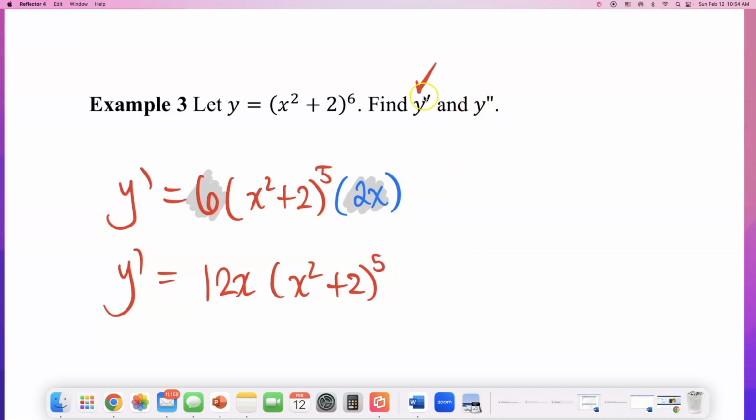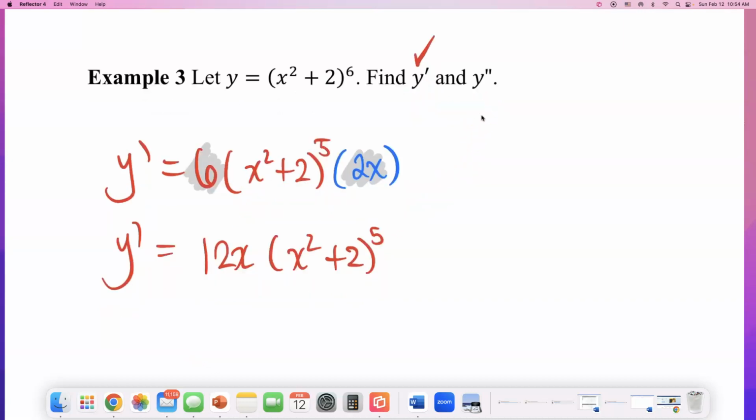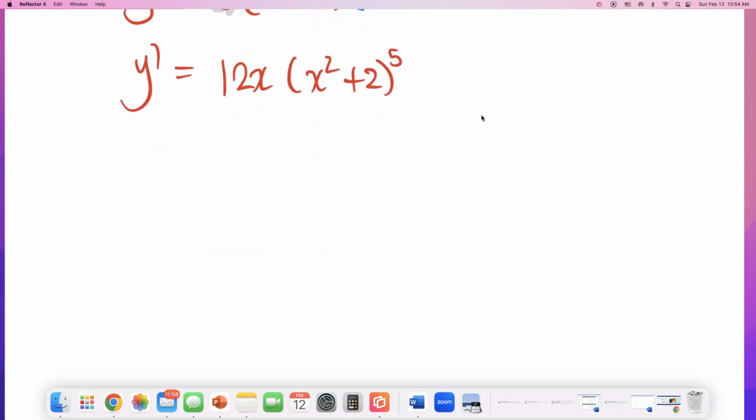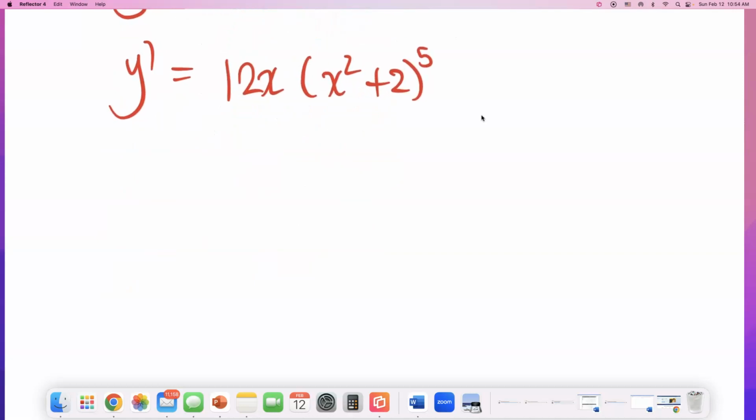Now I'm going to have to take the derivative of this to find the second derivative. And what I'm seeing is that this is a product. Okay, this is a product of 12x. You can factor out the 12, but I'll just deal with 12. You know what? I think I will factor out this 12. I'll find the derivative of x. Okay, I'll find the derivative of this